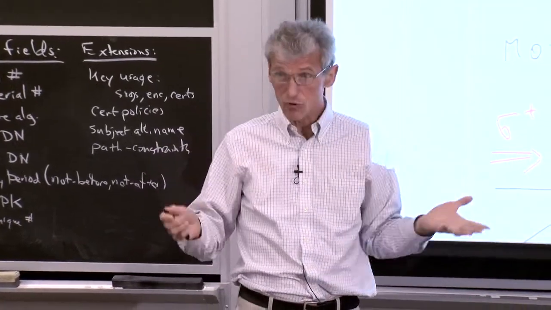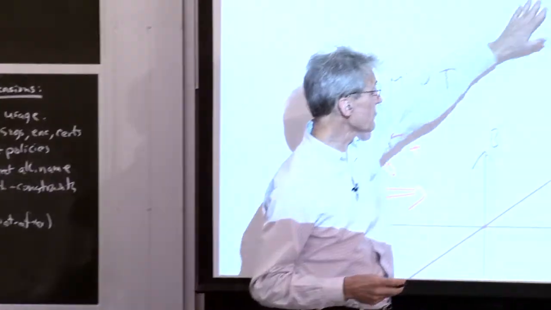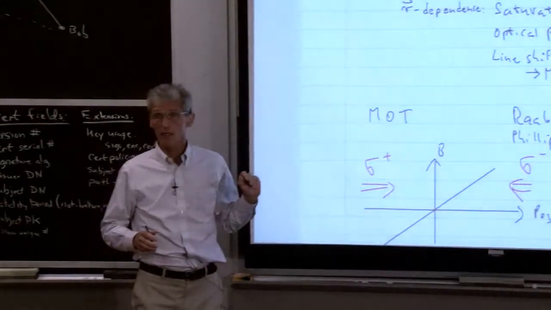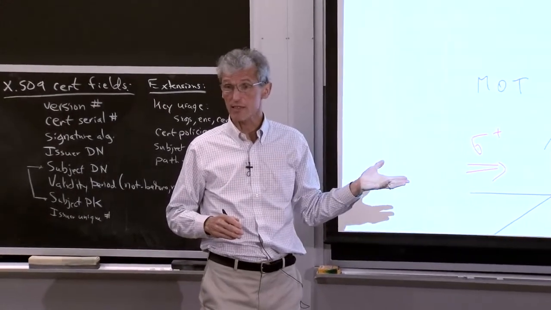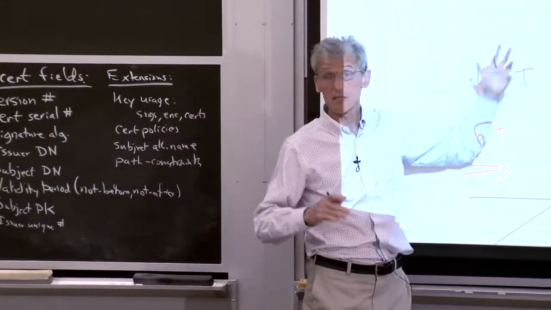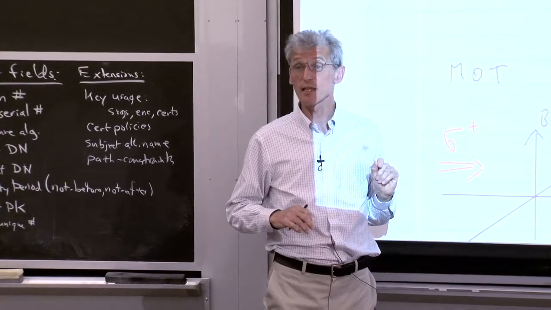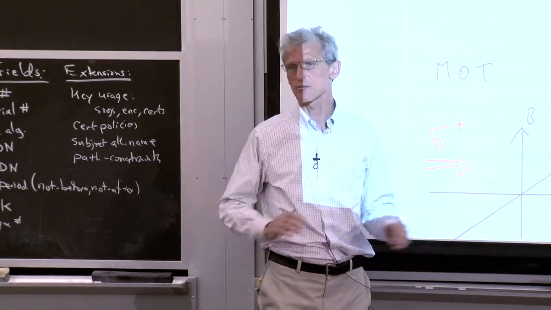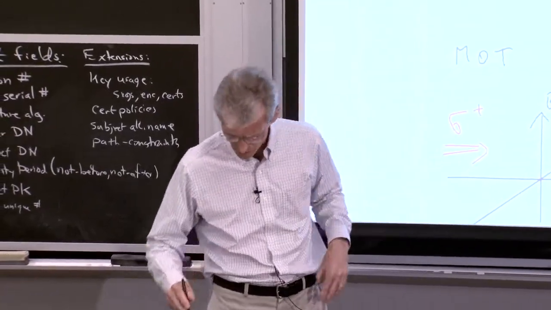So when the idea was born, all those schemes and also the original idea of applying a magnetic field gradient were conceived as one-dimensional schemes. Most of the schemes cannot be easily generalized to 3 dimensions, but the MOT scheme works as well in 3 dimensions as it works in 1 dimension.